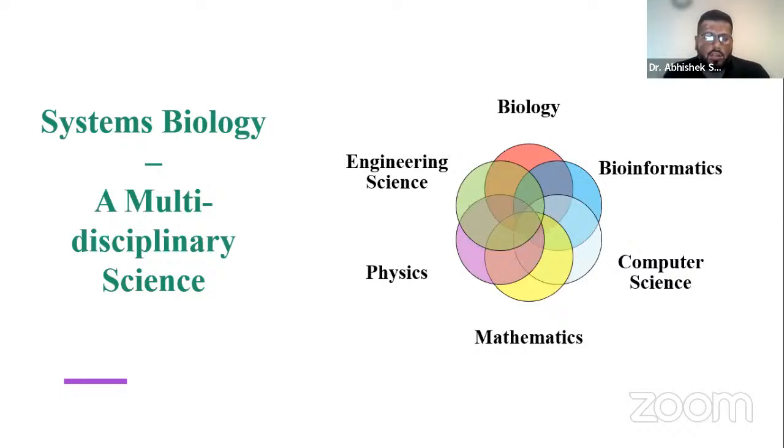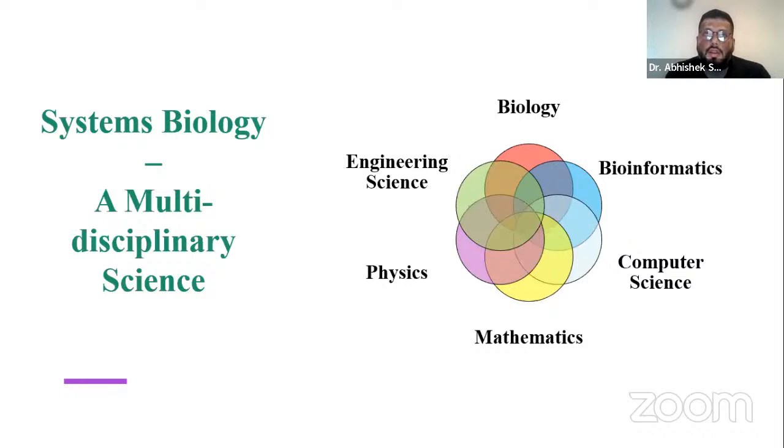Then we have computer science. We use various programming environments to do modeling and simulation, to create networks or network models. We use GUI-based tools, and also programming-based tools and apps, using Python packages, R libraries, or MATLAB toolboxes, right? That's how computer science is a part of it as well.